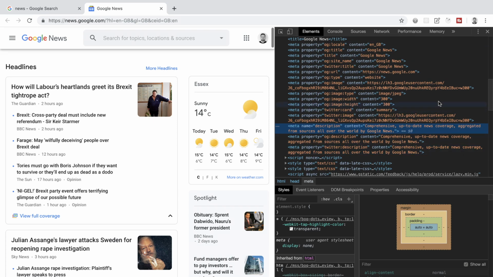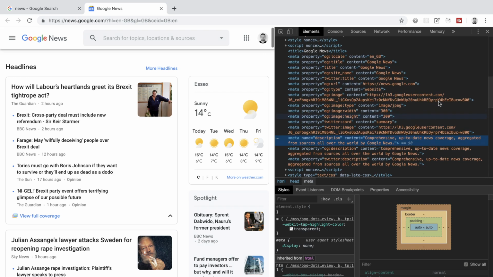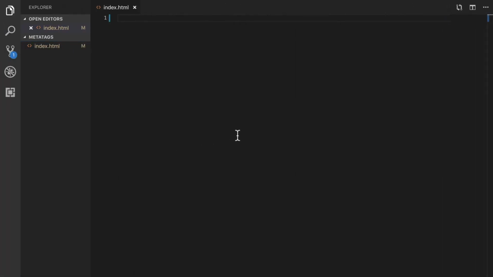We see here that the head is full of lots of different things, and it's often the case with much larger sites that these will be full of lots and lots of different meta tags. We aren't going to cover every little thing that can go in the head. Instead, we will look at the most important and most commonly used elements that you would find in the head of most websites. So let's head over to VS Code now, and I have created an HTML file that I've